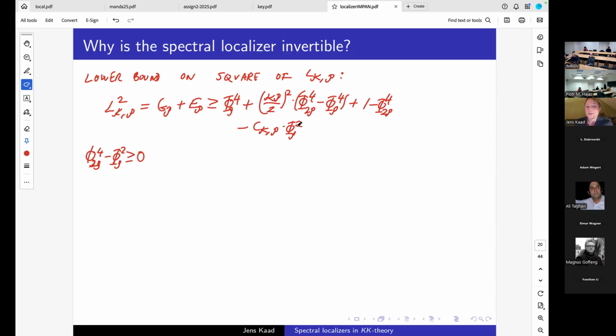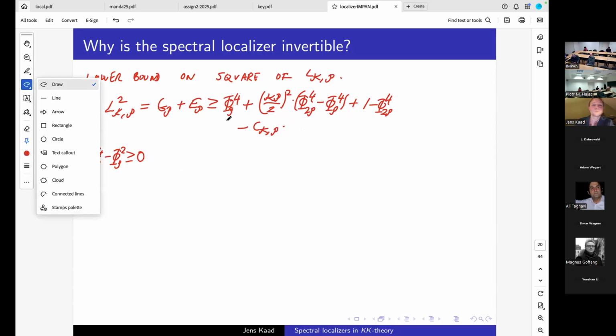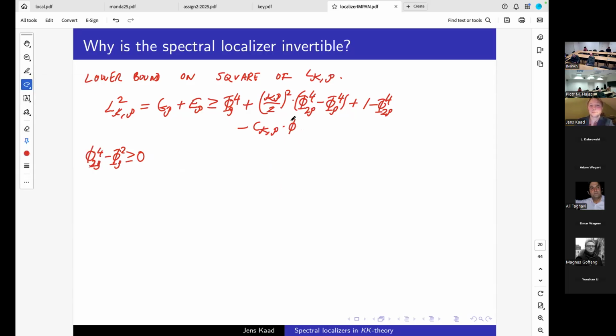I still get a lower bound. So we're going to write that instead. We have phi 2 rho to the fourth. And now I can start to put things together. Namely, this is actually equal to